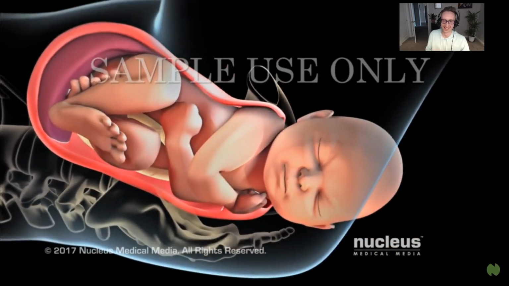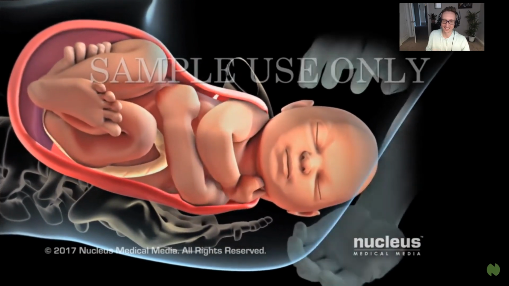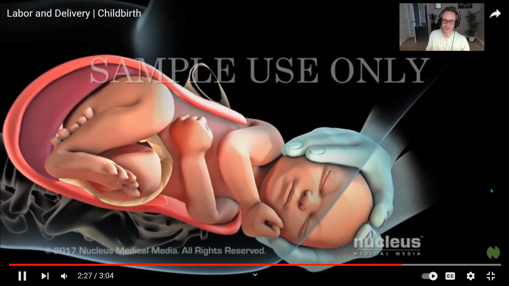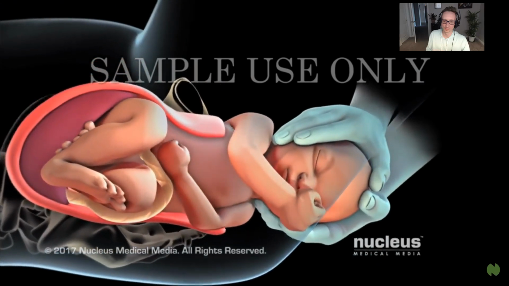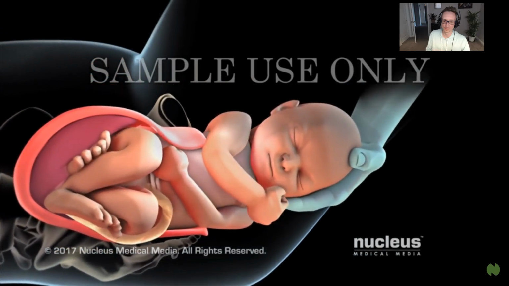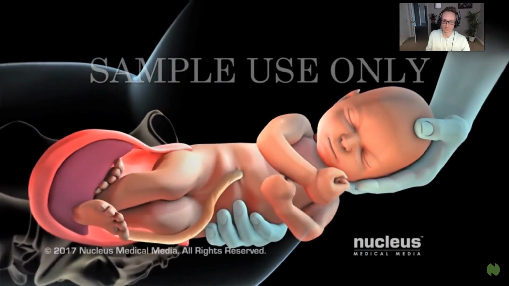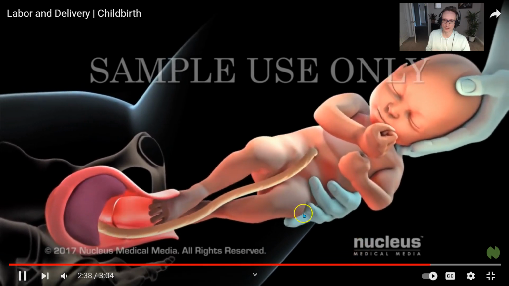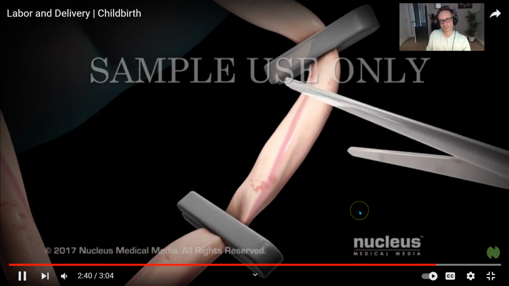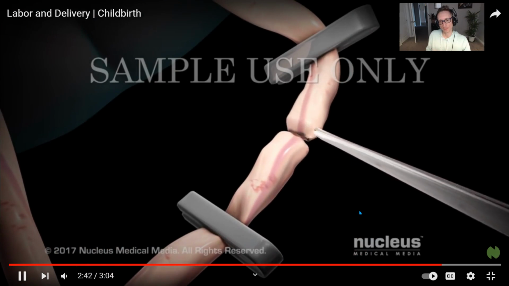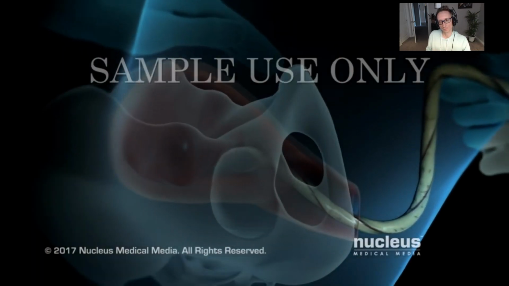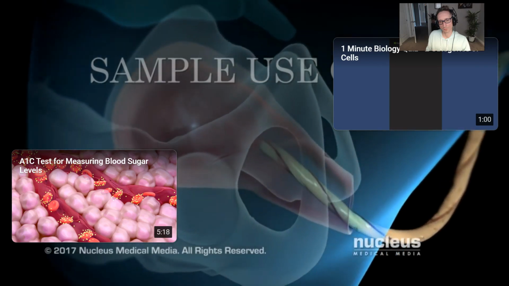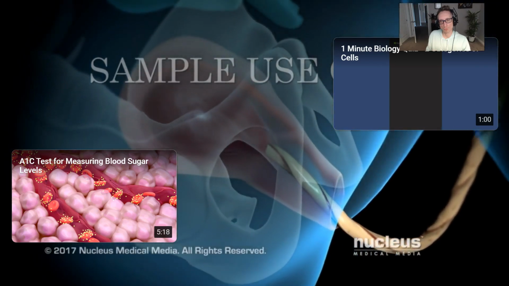His or her head and shoulders will rotate to help the shoulders pass through the birth canal. It's easy peasy from this point on. Your baby's shoulders are delivered one after the other in order to fit through your pelvis. Once the shoulders emerge, the rest of your baby slides out easily. Baby feet. That's some big baby toes. After your baby is born, his or her umbilical cord will be cut. In stage 3 of labor, which may last 5 to 30 minutes, mild contractions will help push the placenta out